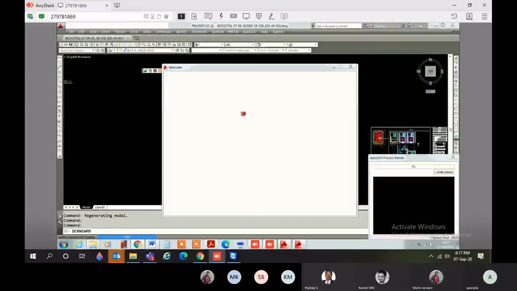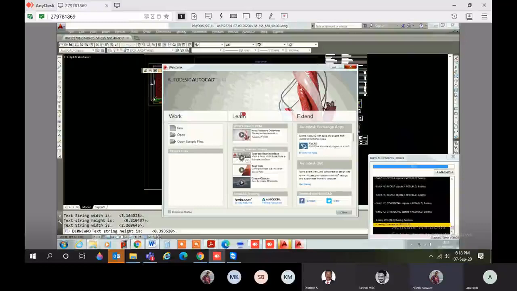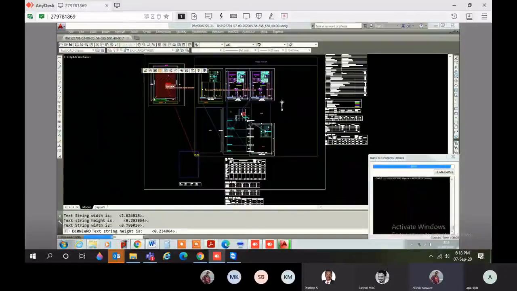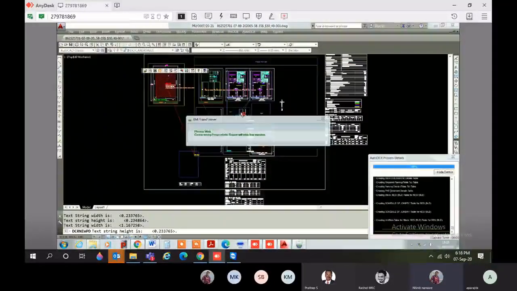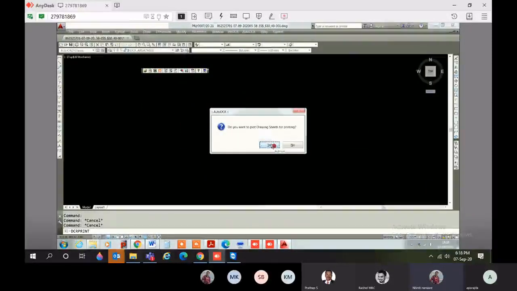Next time it will not ask you to select the AutoCAD version in which you want to run. There is one checkbox in the pop-up window, display status in last. We have to uncheck that. Then it does not ask next time.